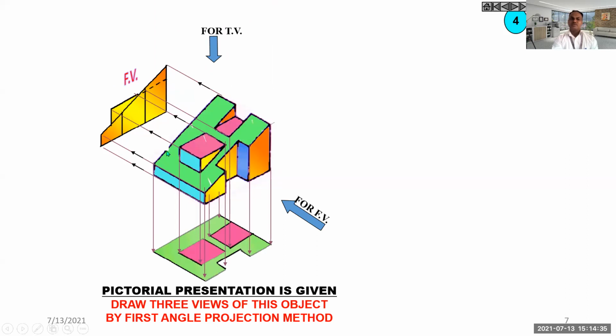Now you can see here, this portion will be seen completely. This portion will be seen and this portion will be seen. So what we are going to draw here, this larger rectangular portion with one small rectangle cut, and this is a rectangular portion and this one is a small rectangular portion. So your top view will be completed.